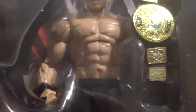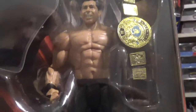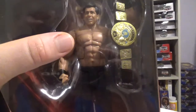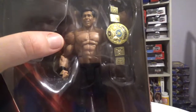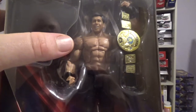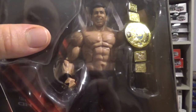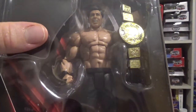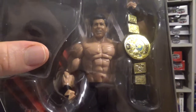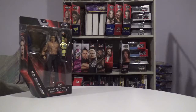But back then, when he debuted this look, I think at the 1999, I could be wrong, Royal Rumble, he was really jacked, and it was actually really surprising to see how big Vince McMahon really was. So I think this figure works, the torso works, but it could be slightly too big, but it's not an issue for me. Now the next figure that we're going to be taking a look at is Vince McMahon's